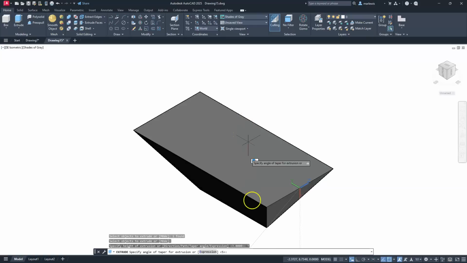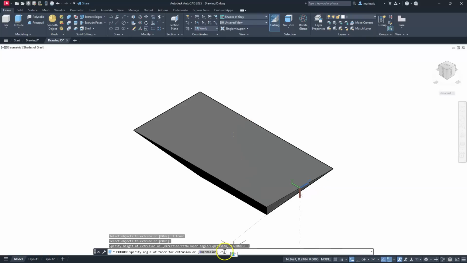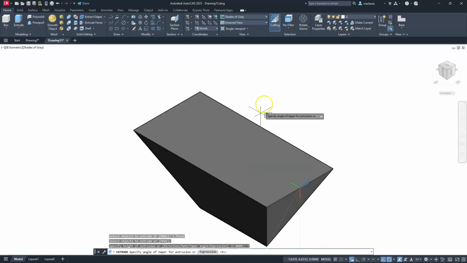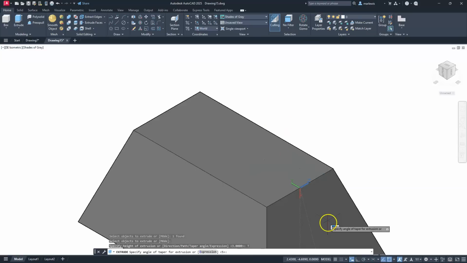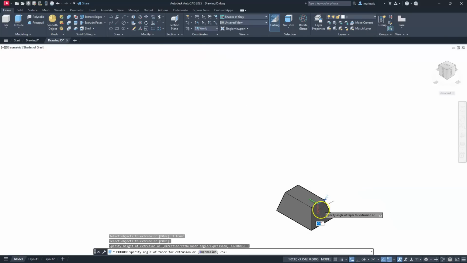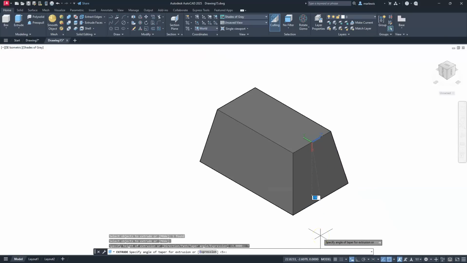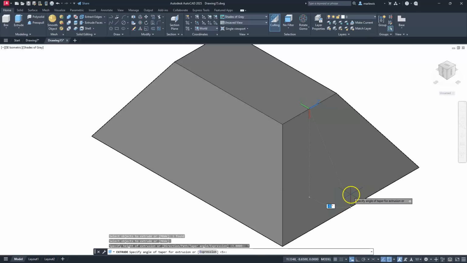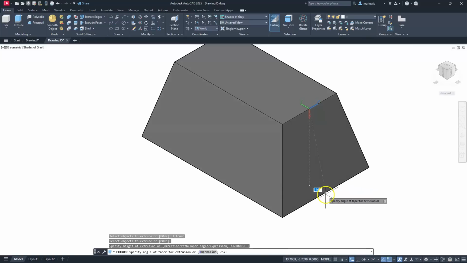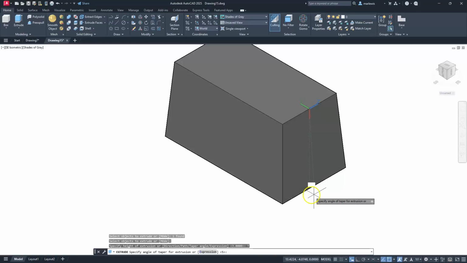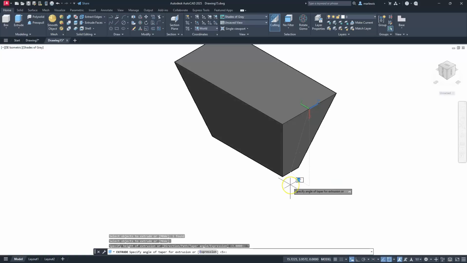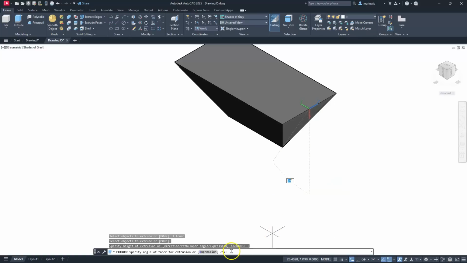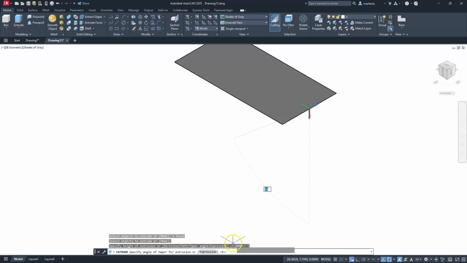And now if I give that an angle, you can see that, and this number is probably a little bit big here, but if I give it a tapered angle, you're going to see that it tends to float out. Let's zoom out a little bit, and hopefully you can see this a lot more. So you can see that it's increasing that angle. You can also see that negative angles go outward, positive angles go inward, right? So if I want this to go inward, let's just go ahead and give it an angle of 5